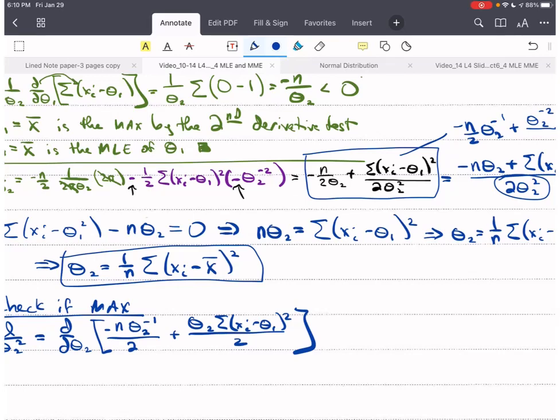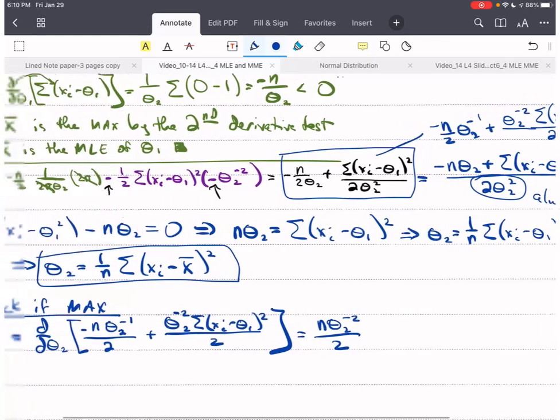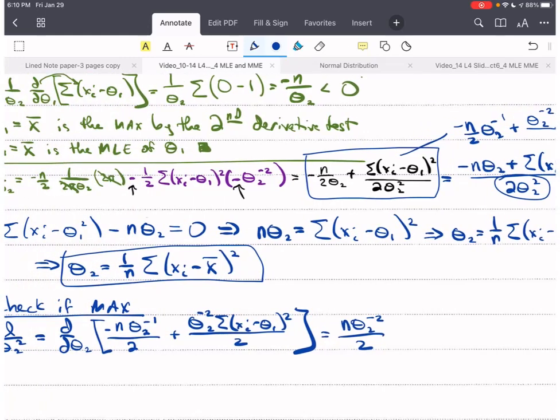Okay? So this is going to be, I've got a negative here, so negative 1 times negative is positive, so I'm going to have n θ2 to the negative 2 over 2. And this is a negative 2 here. Did I not? Yeah. Okay. So now this is a constant with respect to θ2, so it's just going to stay. So all I'm doing is taking the derivative of θ2 to the negative 2. And so that is going to be